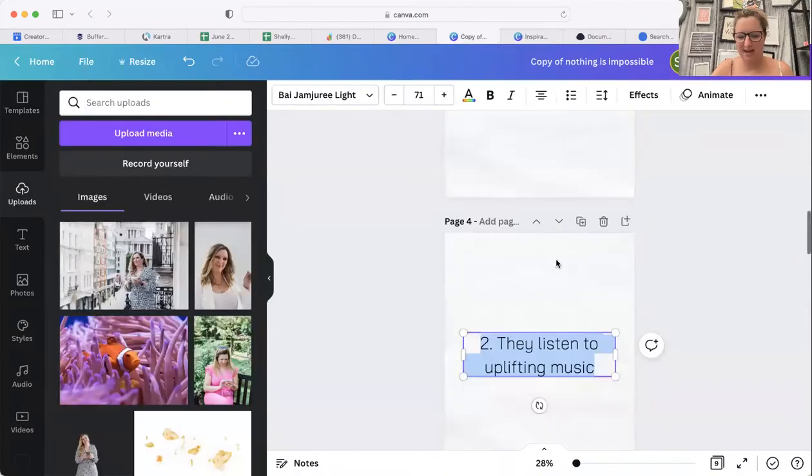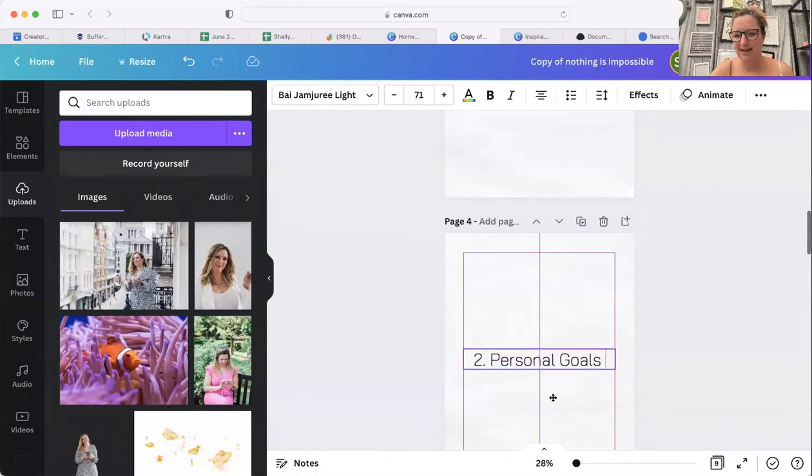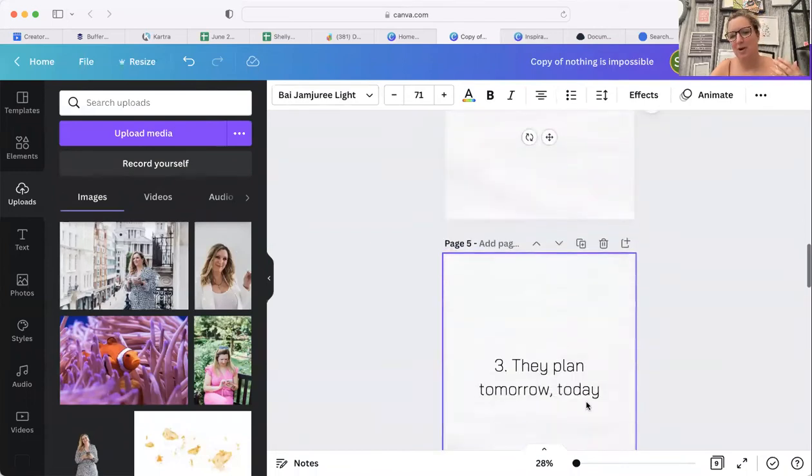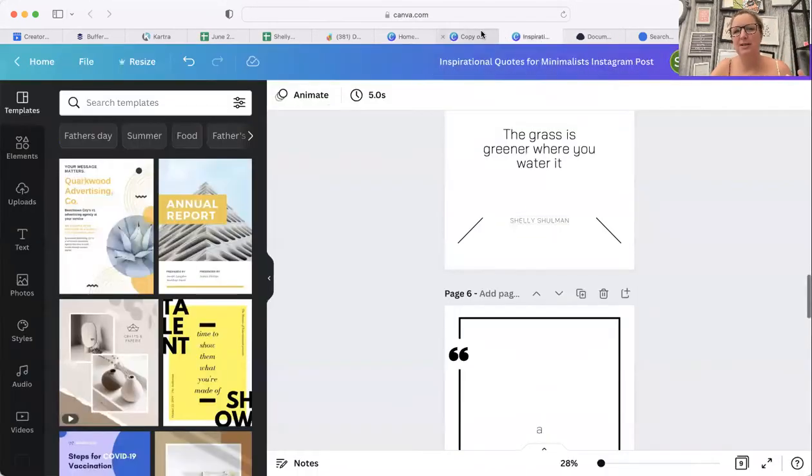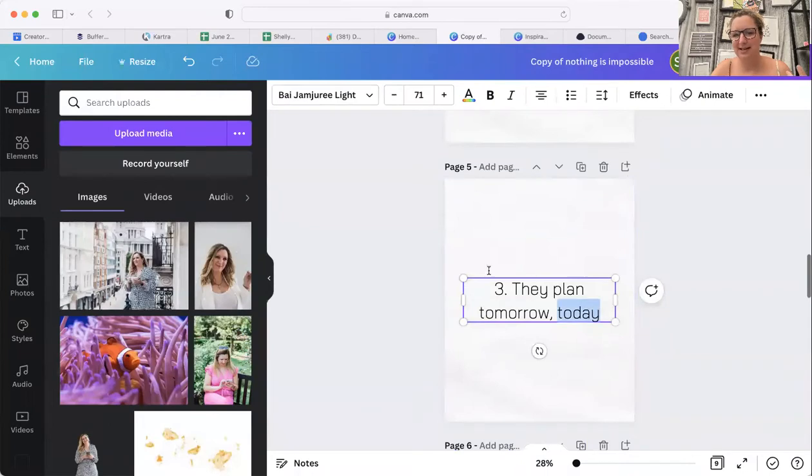No, wrong one. Copy and paste, put it down. So again, I will do that with the third one. But again, this has got 3 bullet points. You could do this with 5 bullet points. You could do this with 10 bullet points. So you can see that most of mine normally have